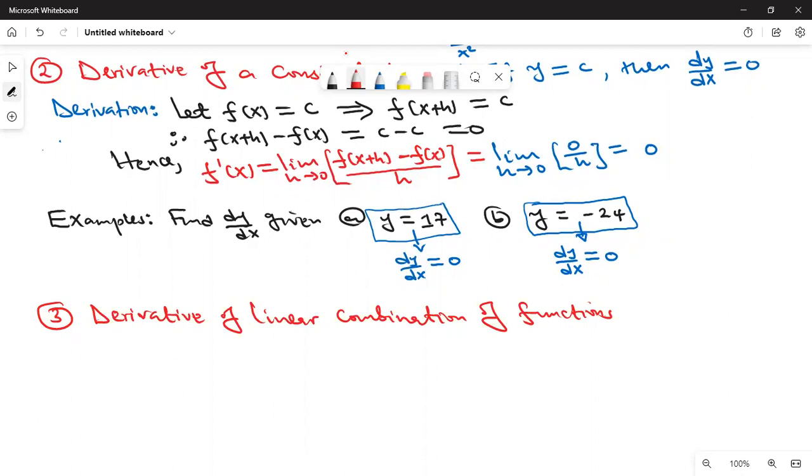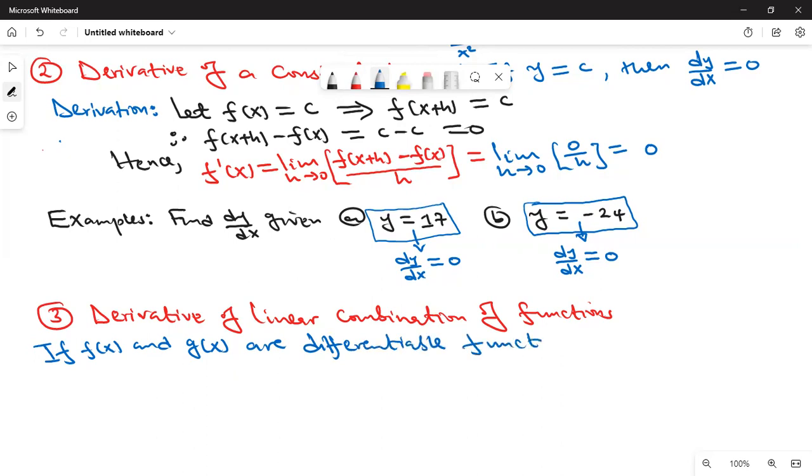And this is what it states, that if f of x and g of x are differentiable functions of x, and a and b are constants,